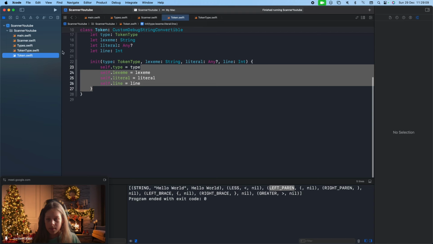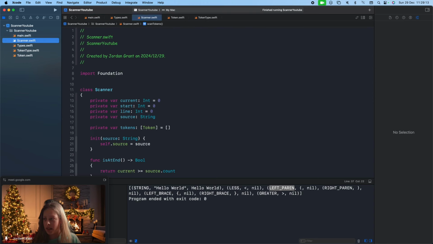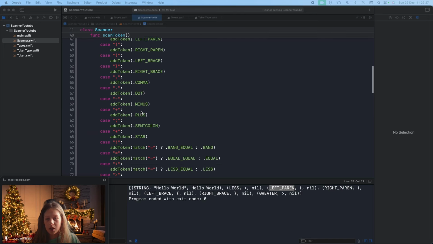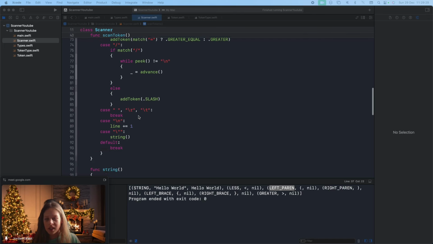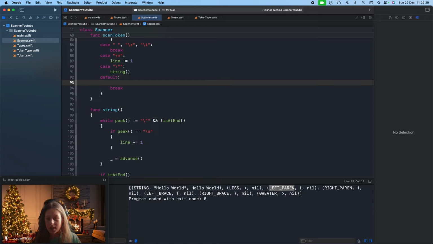Right, that is perfect. So next I'm going to go back to scanner. Now we're going to work on adding digits, so numbers. We're actually going to do this in default value, because otherwise we'd have to have a case for every single different number, and that is just painful, having to write 1 to 9 and then a dot, which is just not worthwhile. So instead we're going to just check